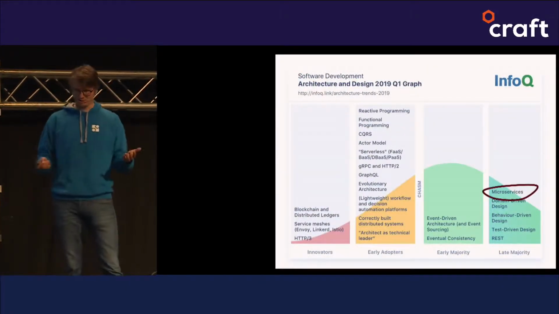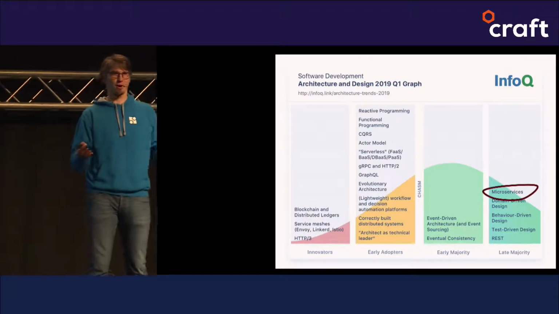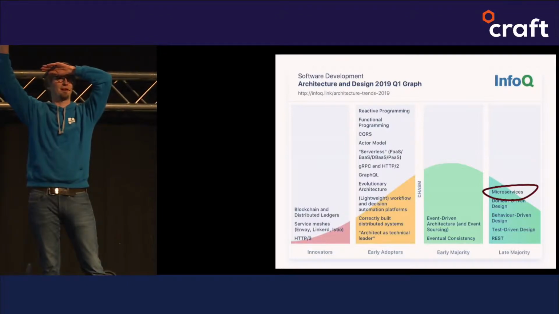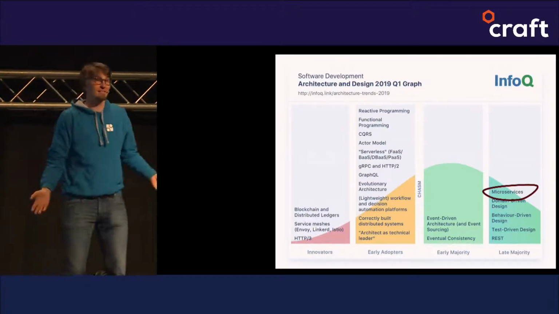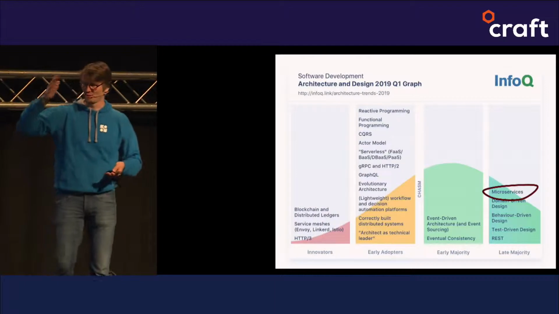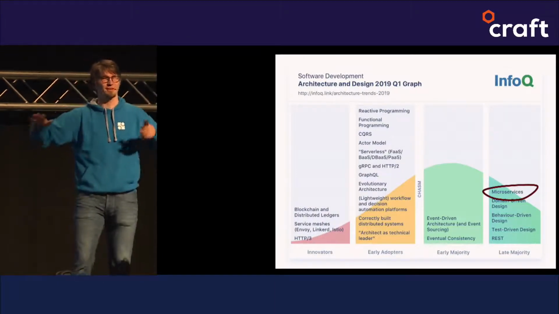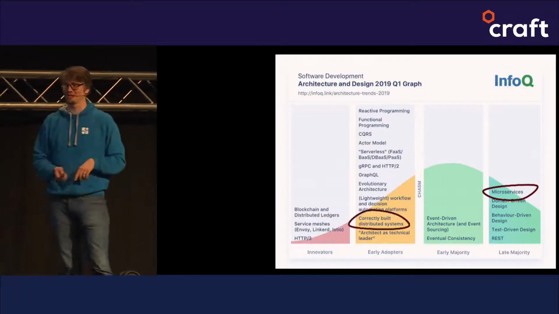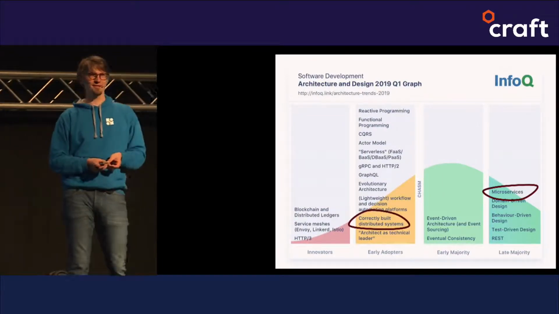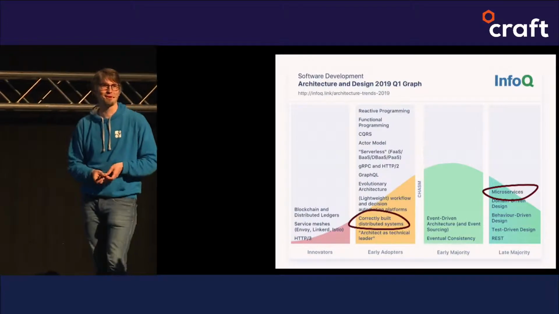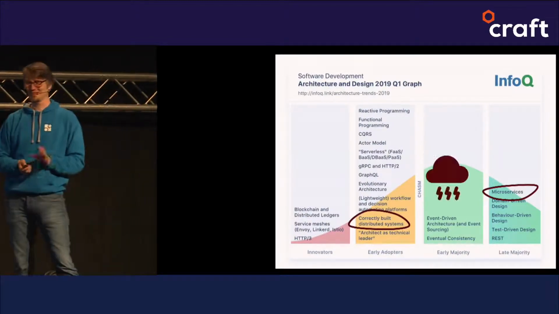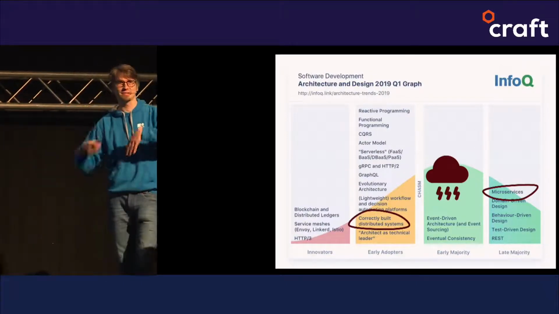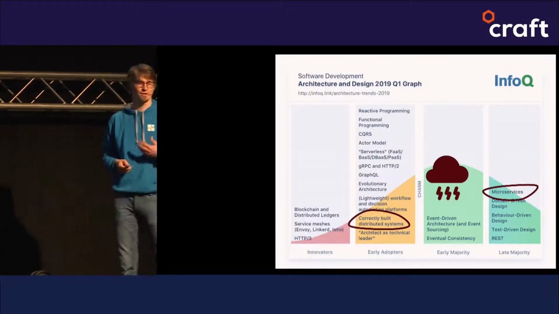They said microservices are at late majority, so most people are probably doing microservices. Who is doing microservices here in the room? That's probably 50% of the people. That's a lot. That changed a lot. We're really moving towards that, and microservices are inherently distributed. But the fun part is correctly building distributed systems. That's early adopters. We don't understand what we're building there. That's kind of a challenge, right? I personally find that very funny, actually,